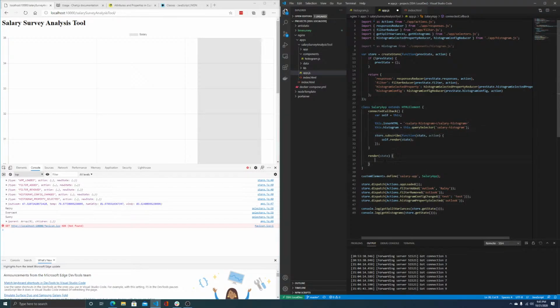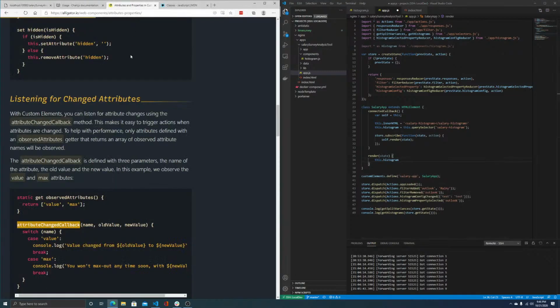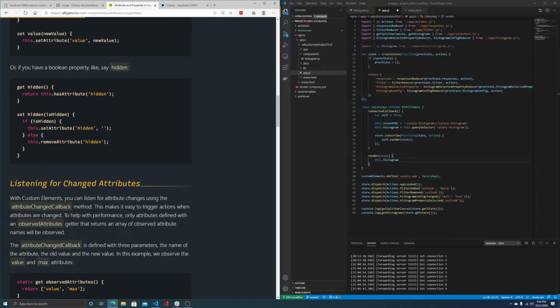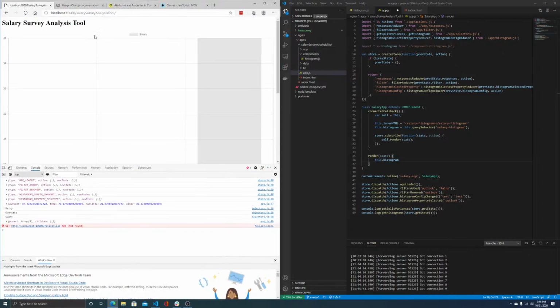Now in my render function, I can access the histogram. What I want to do is say this.histogram.setAttribute